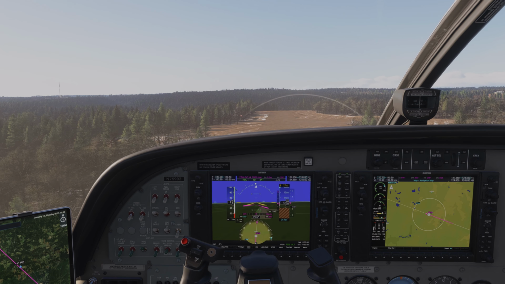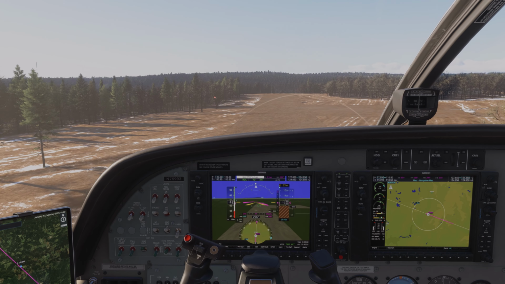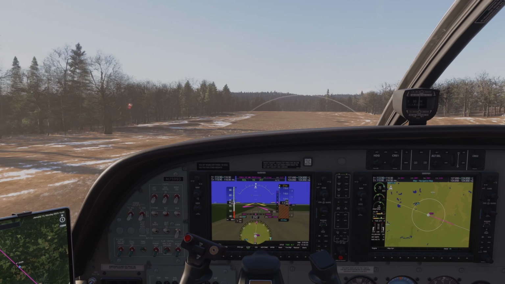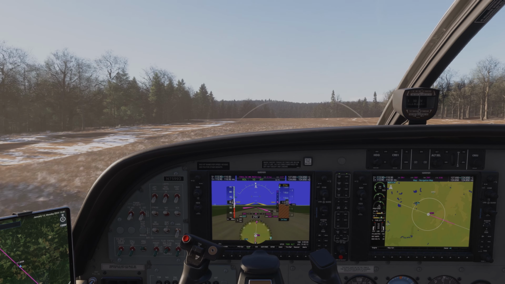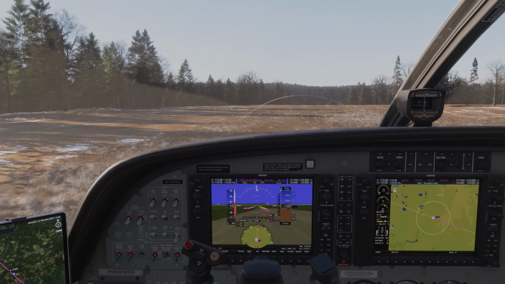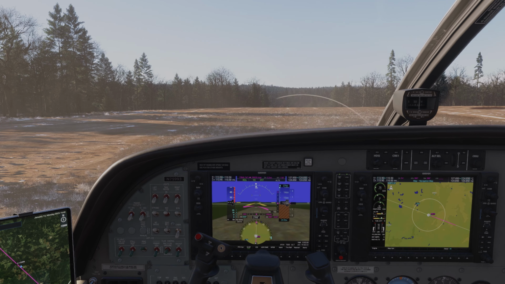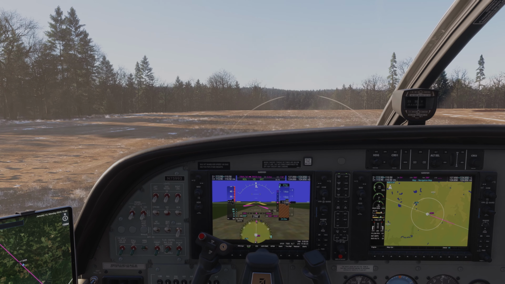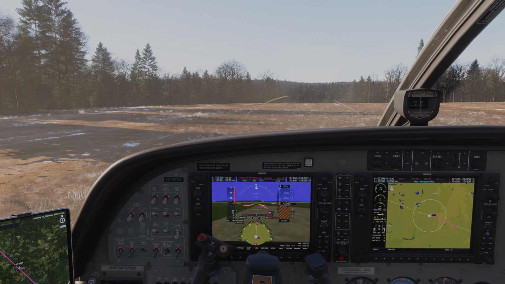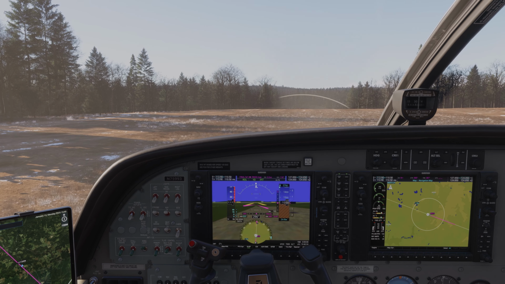Now, the landing here, obviously we're still rocking backwards and forwards quite a bit here, pitching up and down, and the landing has become quite long at this point. I think here, at this point, when I was recording this, I was almost certain that this was going to end in disaster, but it was actually quite a smooth touchdown. Very, very quick stop. Aircraft, like I said, has reverse thrust. The brakes seem to be pretty good, so it didn't take a long time to slow down to a complete stop. And then at this point, all we need to do is taxi ourselves back up the runway, park up,